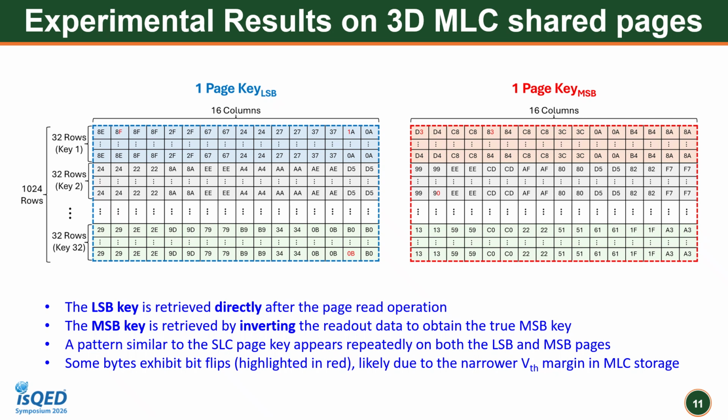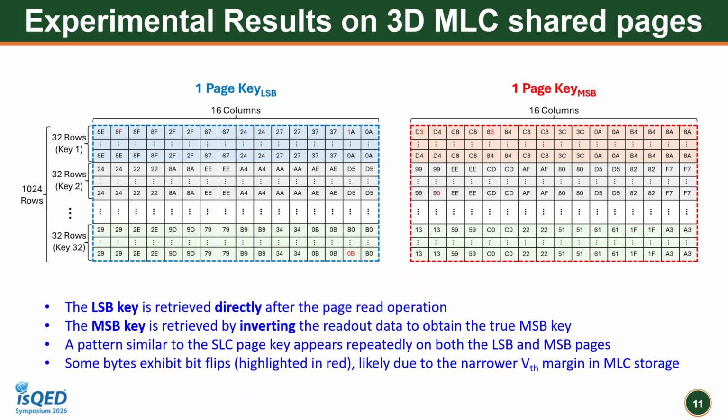I just want to make a small note here that you might have observed some highlighted text in red in these two tables. This comes from bit errors because of the MLC storage. The threshold voltage distributions are narrower compared to SLC. So sometimes we get some data corruption from it because of the narrow threshold voltage margin, but still that doesn't